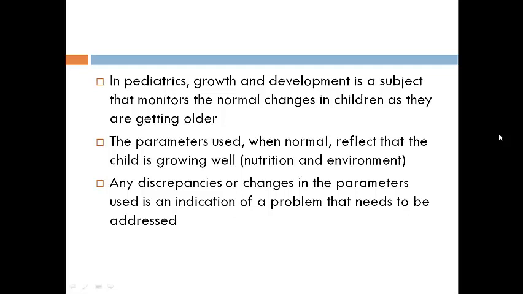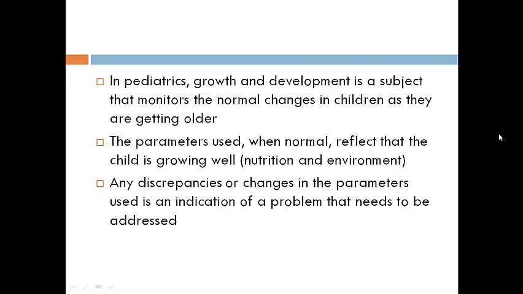The parameters used to measure these changes, if they are normal, reflect that the child is growing well, has proper nutrition, and is growing in a good environment in terms of sanitation and care from the family, and being provided with all the things that he or she needs. If there are any discrepancies or changes in the parameters, this is usually an indication of a problem that needs to be addressed. For example, if the baby is not gaining weight properly, that means they're not getting enough nutrition,